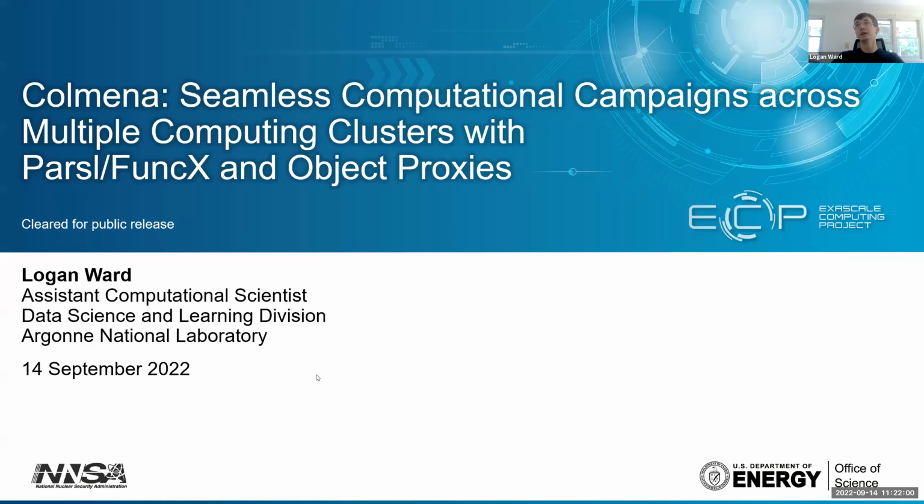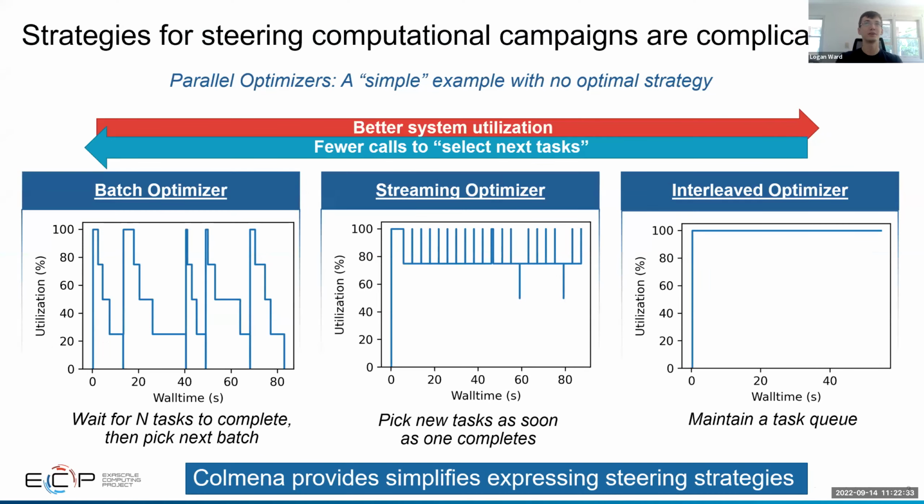and get started. So I'm Logan Ward, another member of the Globus Labs team and an assistant scientist at Oak Ridge National Lab. Today I'll be talking through some of the work we've been doing on developing Colmena, a software designed for steering computational campaigns. And I'm going to particularly dig into how we've extended it to be able to run across multiple sites. So this is the work of very many people on the project. I'll give you the full list later at the end, but let's jump in to keep this in the lightning